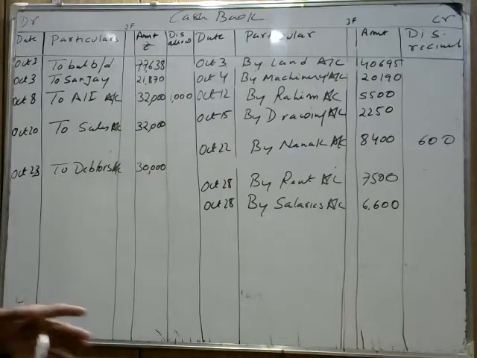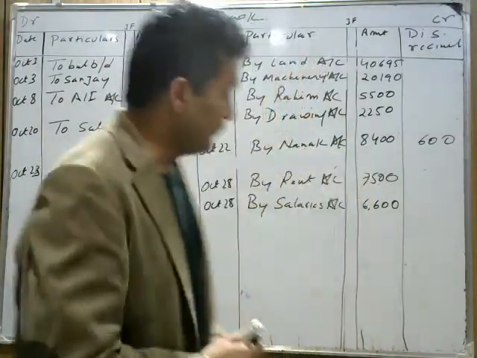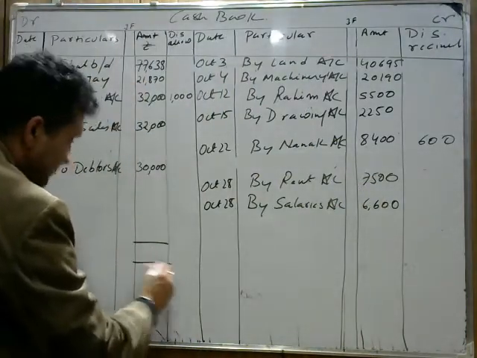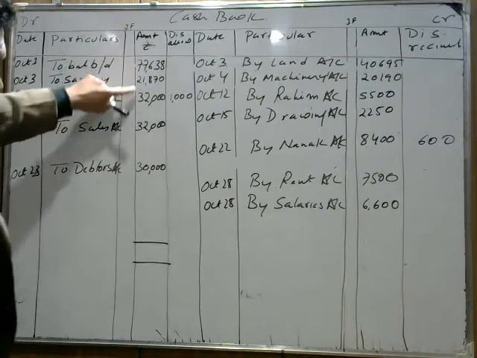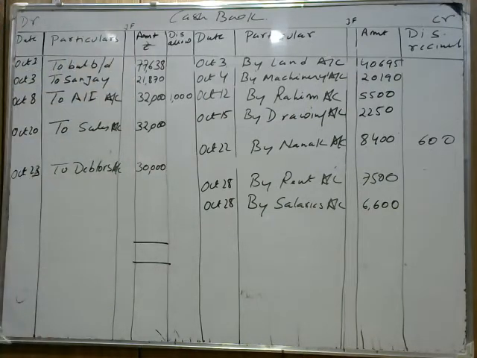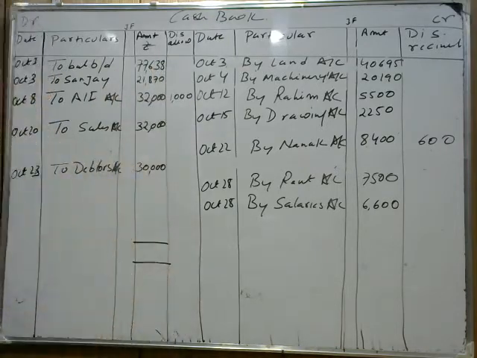Now, how will we do the balancing part? हम बैलेंस को कैसे करते हैं, तो प्लीज नोट डाउन केयरफुली. चेक योर टोटल ऑफ डेबिट साइड फर्स्ट. आप इन सबको ऐड करिए. 77,638 प्लस 21,870 प्लस 32,000. In the same way add 30,000 also. Now do the total of all these sides. No need to mention total of discount. Discount और total करने की जरूरत नहीं है, पहले आप इसका सिंपल करिए.